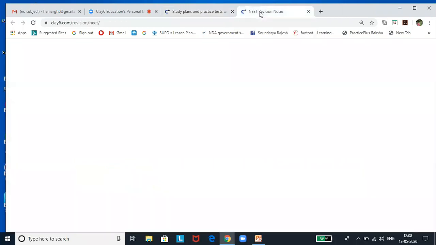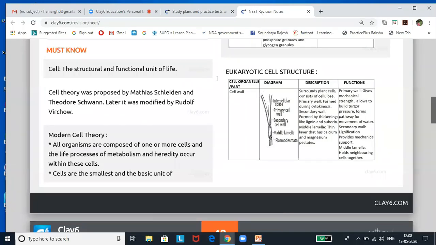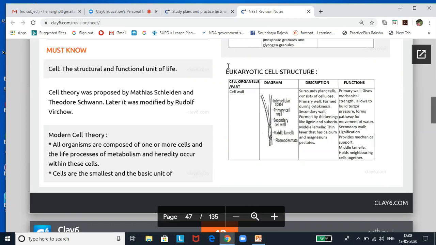Now let us get back to the revision notes. Now you know that it is not possible for us to revise everything, that is all the 10 books of first year and second year physics, chemistry, and biology, when NEET exams are appearing. For that, you need to have comprehensive notes that will really help you to identify the key concepts which require revision again and again. Keeping in view all these things, we have come out with a PDF which is less than 135 pages, and I'm sure it would be a great asset if you are able to add this to your study material.